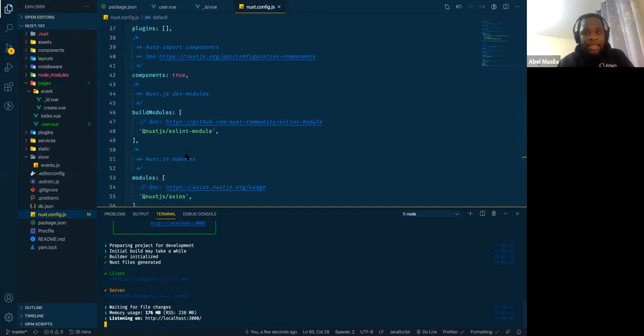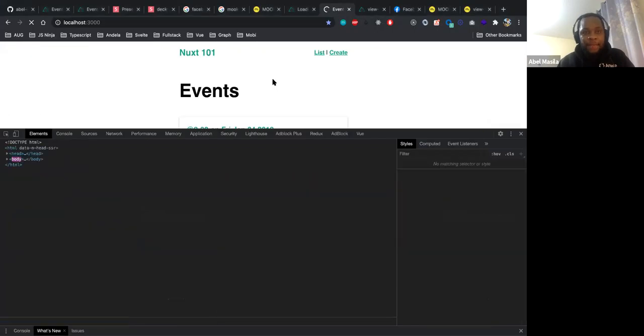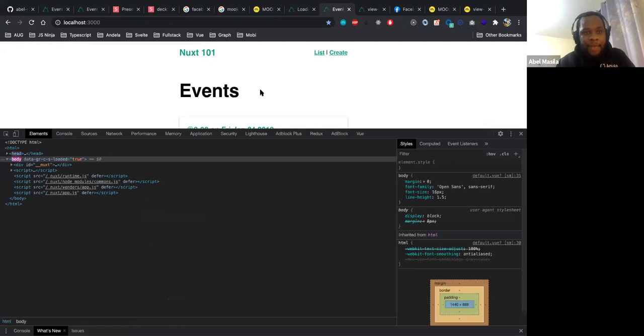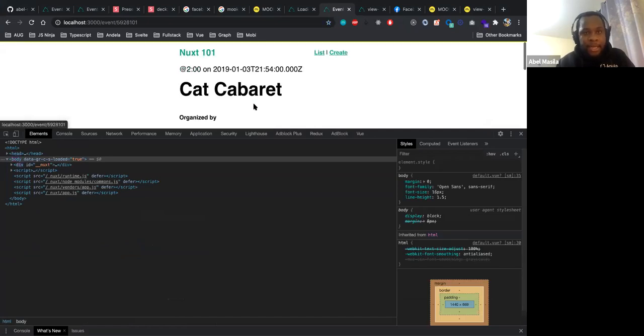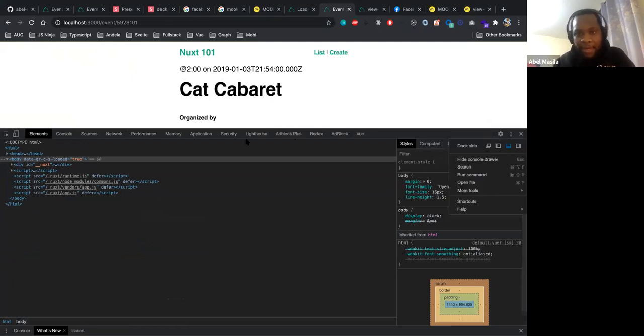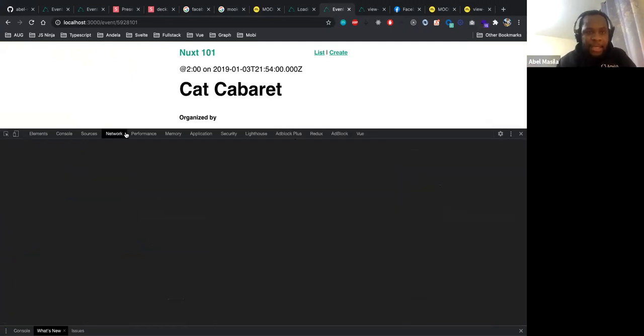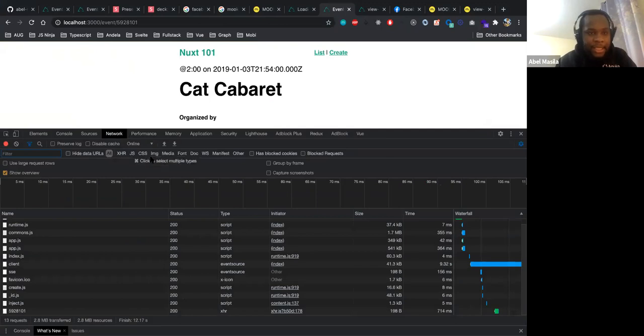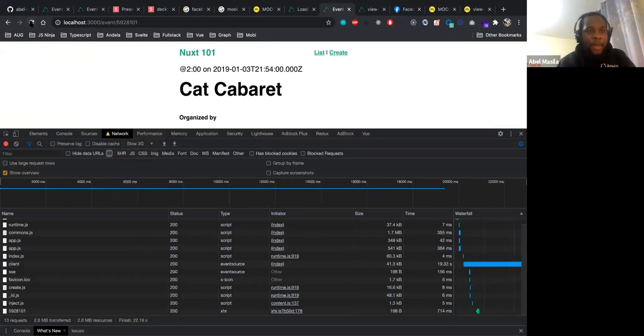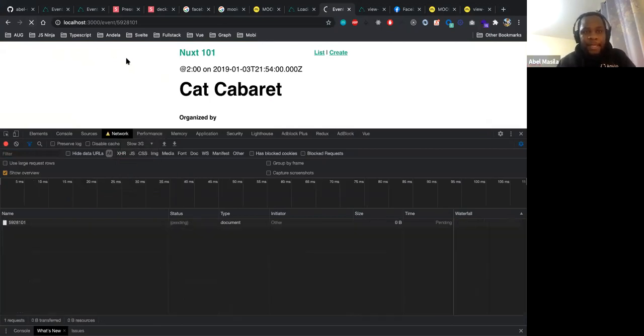So the stuff has been loaded. If you see this, let me show you where you see it. If I click on an event here, as you can see, let me make maintenance slower for some time, so you can see the loading. The loading indicator is changed to yellow. So I can switch this to slow 3G and then reload this. So it will take a lot of time.